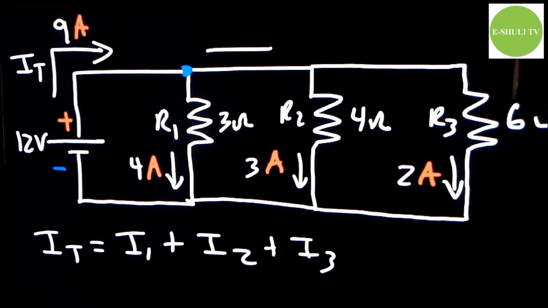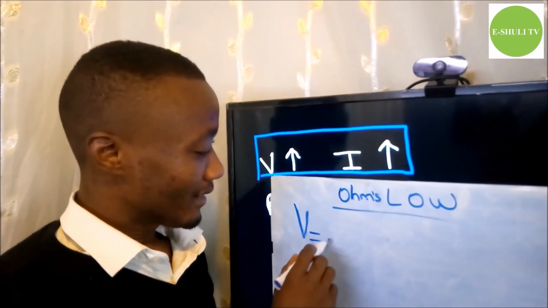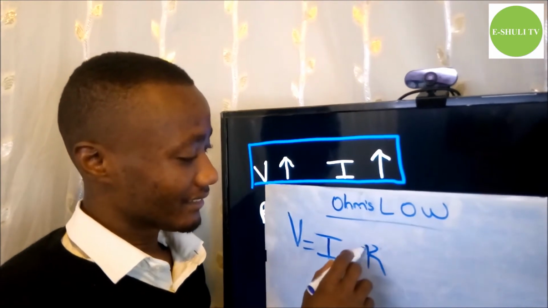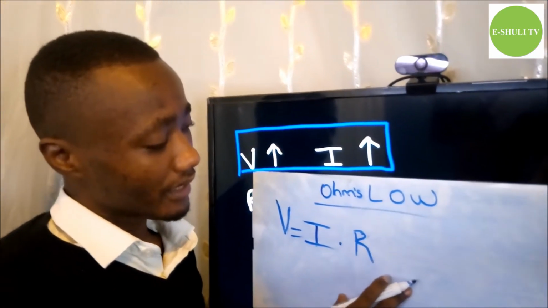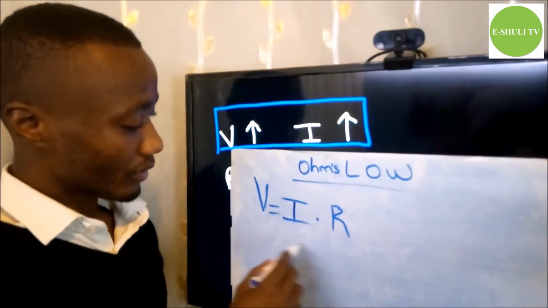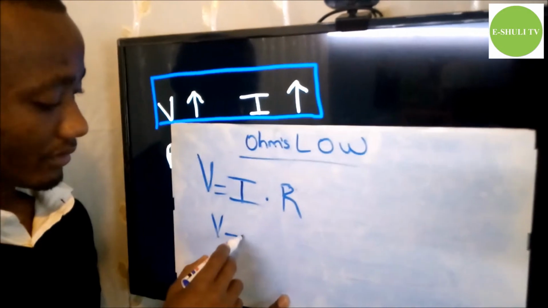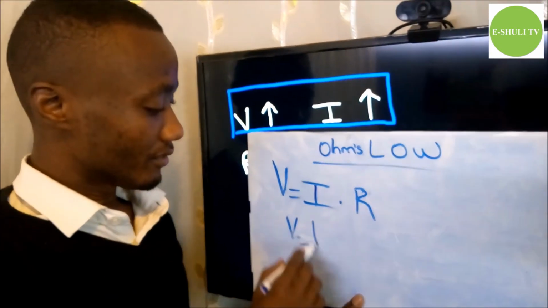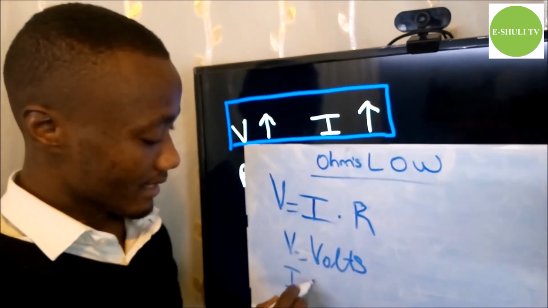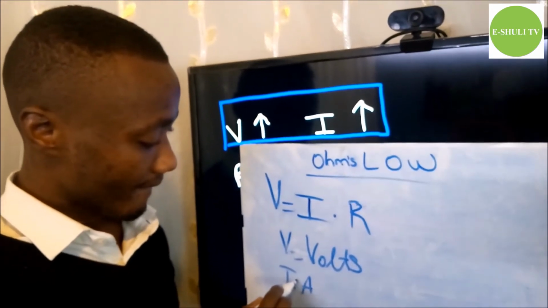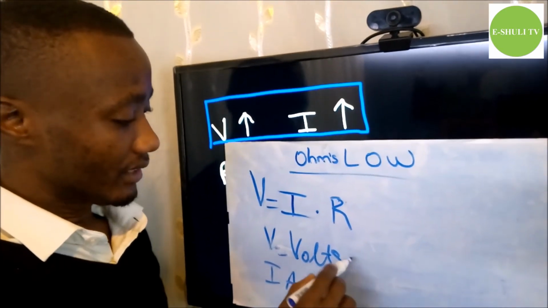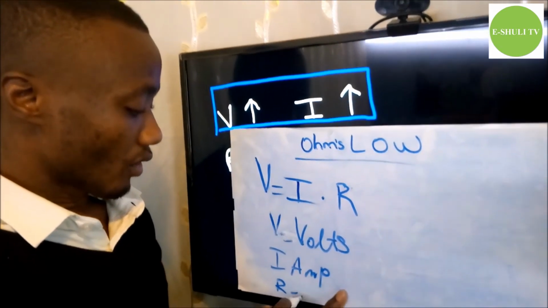Thank you for watching. So Ohm's law, voltage is equal to current times resistor. Then twabonye ibintu byinshi bigiye bitandukanye. Hanyuma twabonye ko unit of voltage is volts. Unit of current is amps or amperes. Then unit of resistor is ohms.